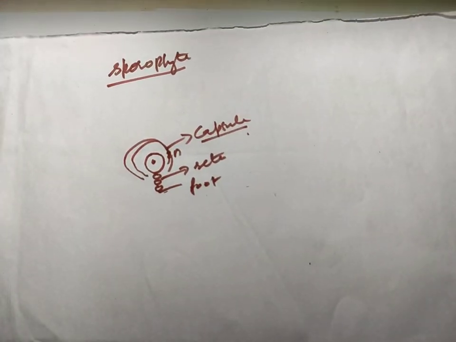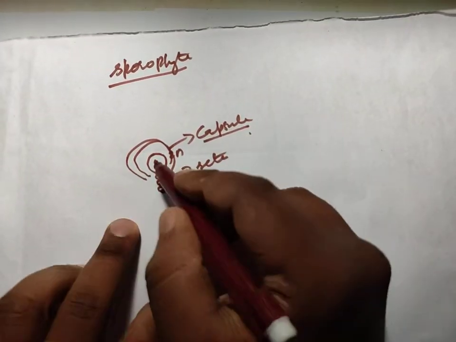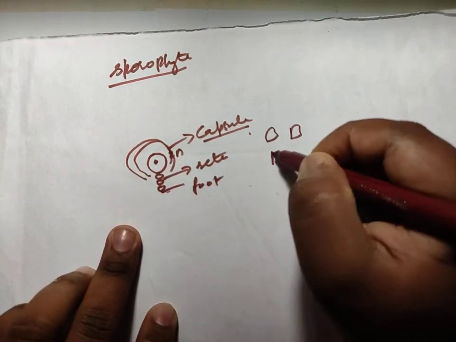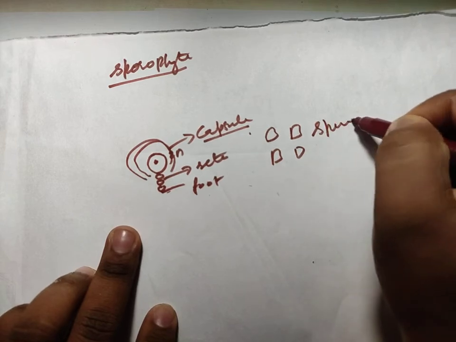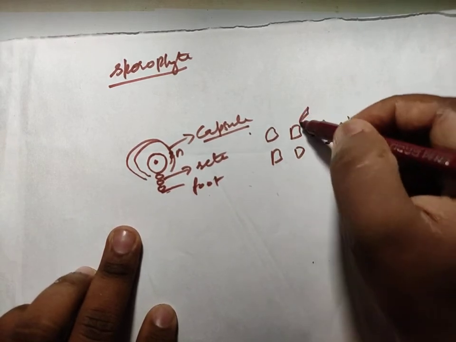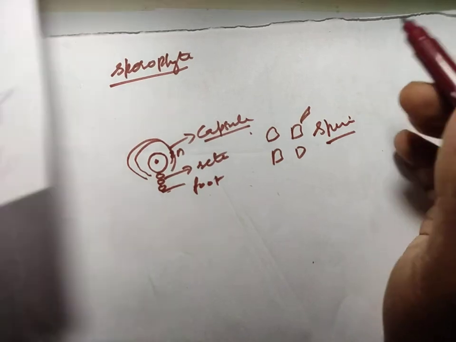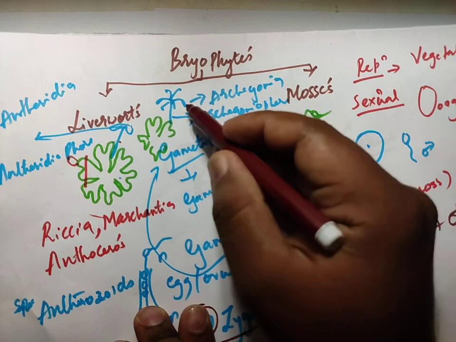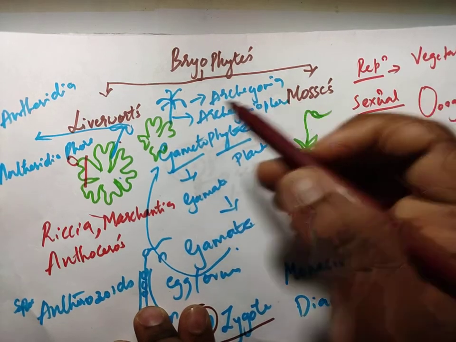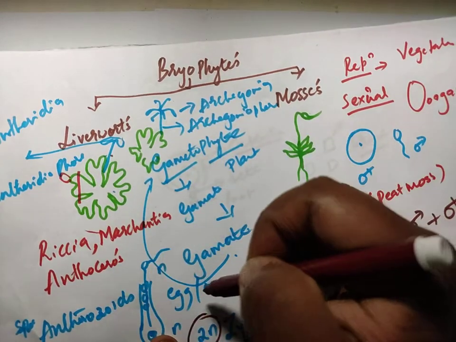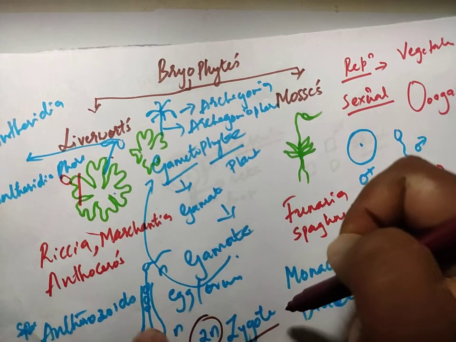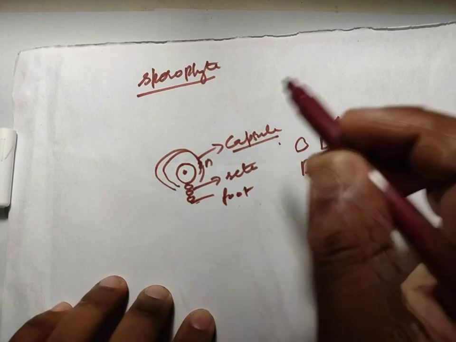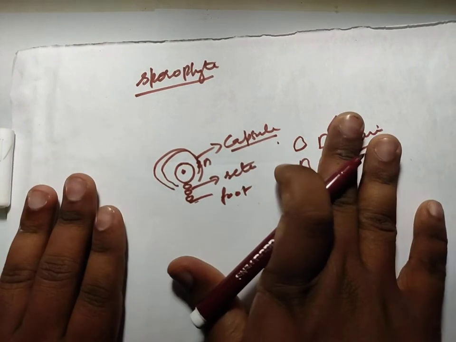This is one thing, and this is how it happens later. This will undergo continuous division, and ultimately spores are formed. Then again in the next rainy season, these spores will germinate to form the gametophyte. Again they will produce antheridia, archegonia, and again they are going to produce the antherozoites and egg. Again fusion will take place, the zygote is formed. Again this zygote will undergo several divisions, and spores are formed. So this is a cyclic process. This is how it occurs.